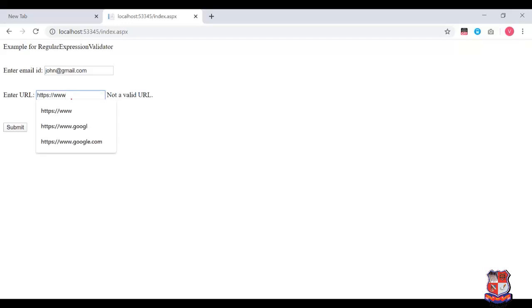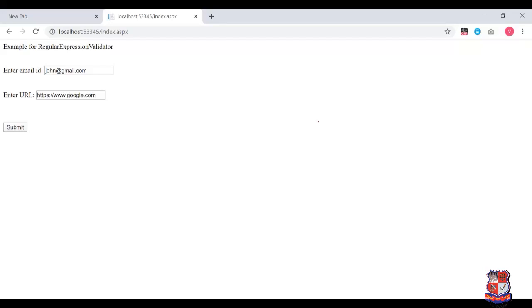Okay, we just have to write a full URL, for example www.google.com. Then we submit. If we do not write http, then it also gives an error message because we wrote our regular expression like this. So we have to write the full URL over here.